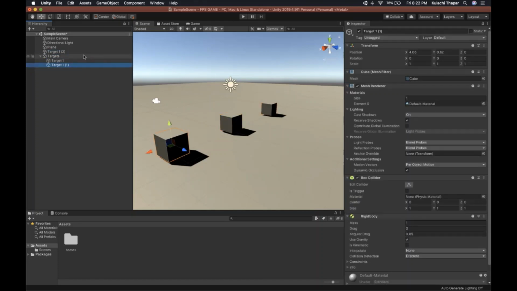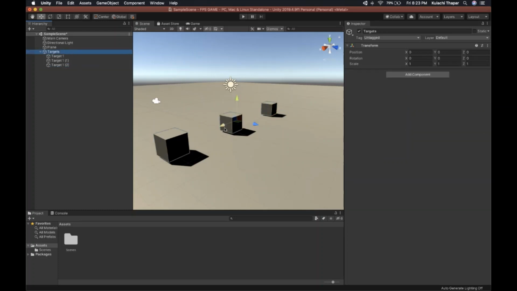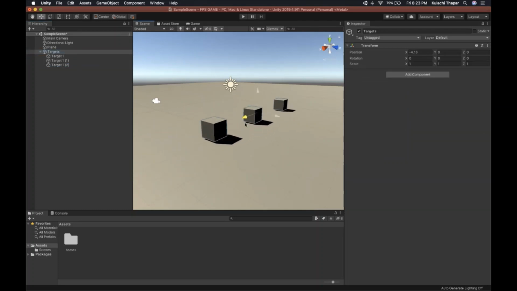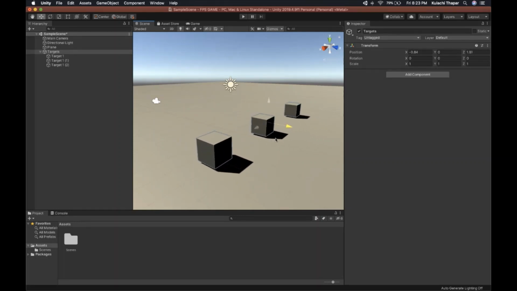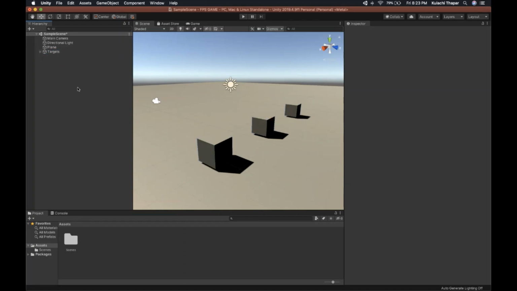We'll drag and drop, and now you can toggle the arrow next to targets, and you can also move it. So if you move the parent object, everything inside gets affected, so it's like it's stuck to that object, right? And you can toggle that arrow button to hide and show so that it looks much neater. And if you have like 100 game objects, it won't be cluttered. Okay, so now that we have a target set and all that stuff,